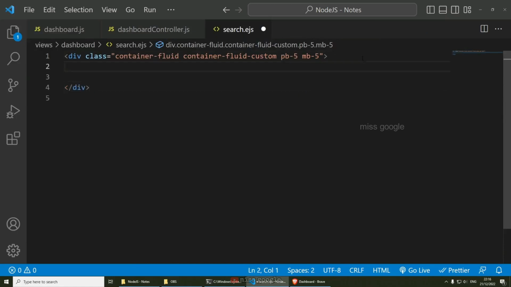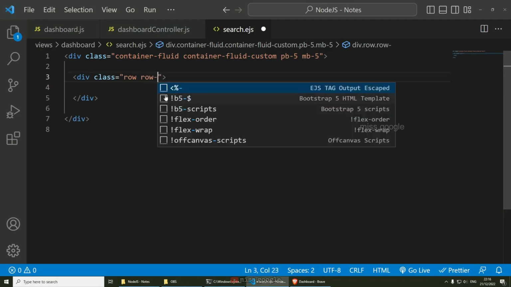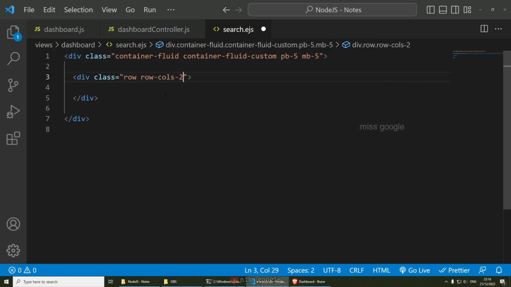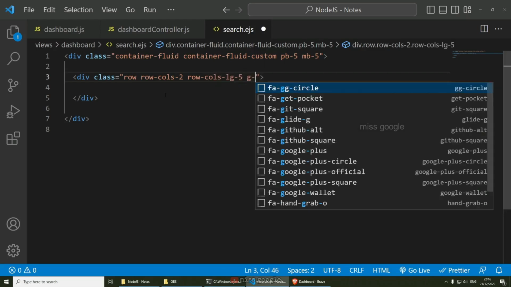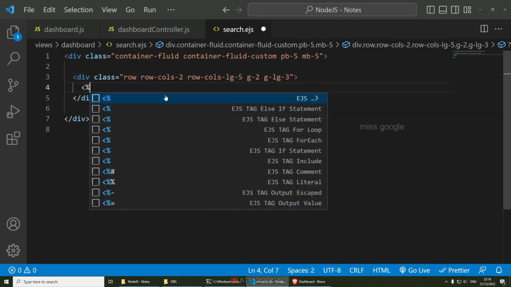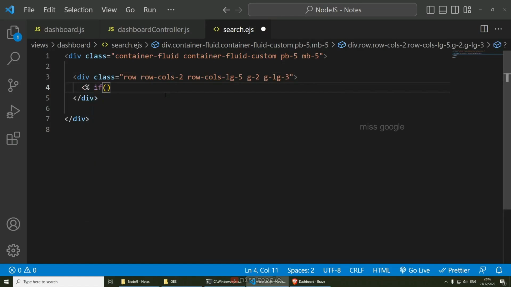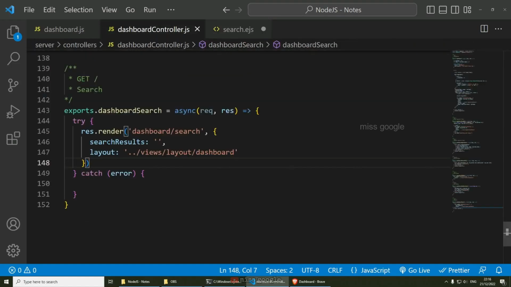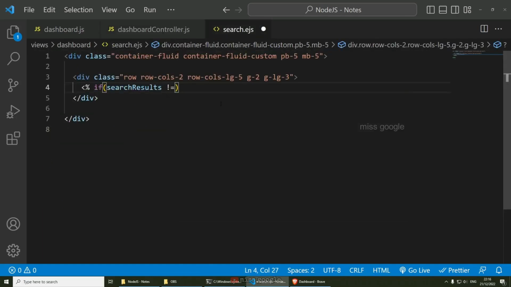And then for the search, we can do another row. So row, and then this row is, in fact, I'm going to have a few more classes. So row columns 2, and then row columns large is going to be 5, and then gutter 2, gutter large 3. In fact, I don't think this is going to look very nice, but we'll see. And inside here, we're going to do some EJS. So if we get the search result, which I'm passing from here, and first of all, this is going to be empty. So if we get search results equals empty, we open curly brackets,